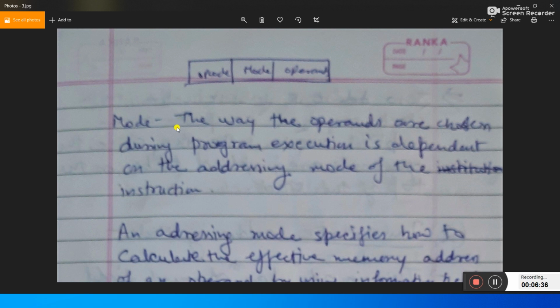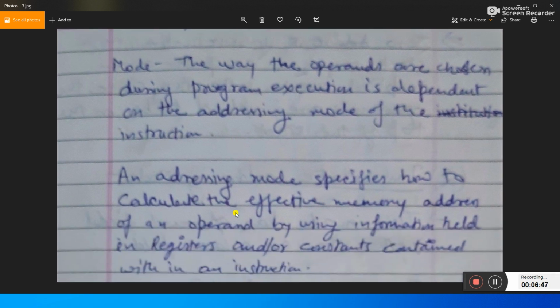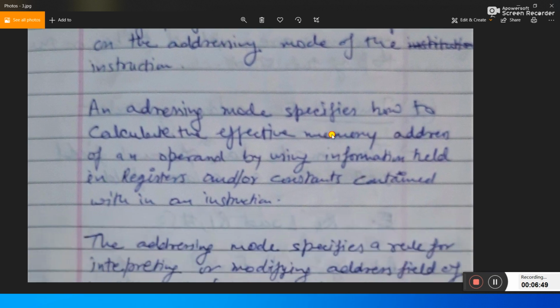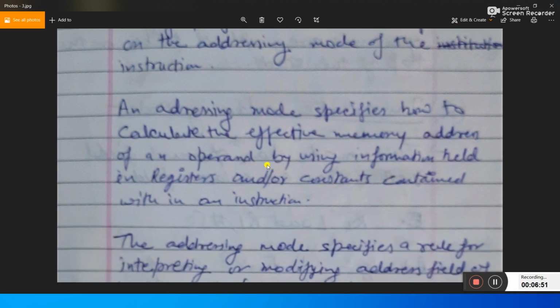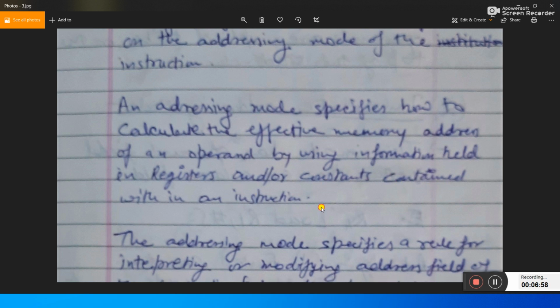So what is mode? The way the operands are chosen during program execution depends on the addressing mode of the instruction. An addressing mode specifies how to calculate the effective memory address of an operand by using information in the register and/or constants contained within an instruction.